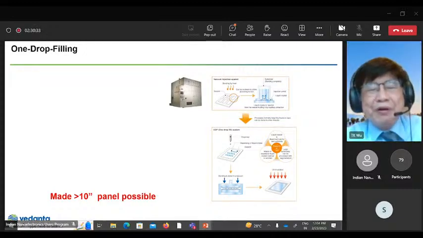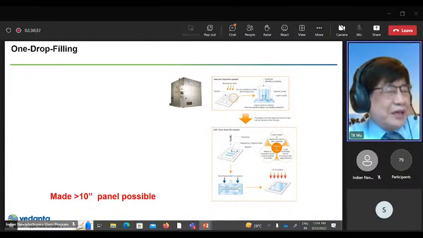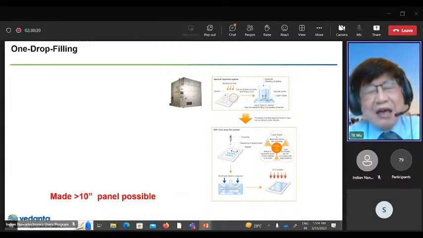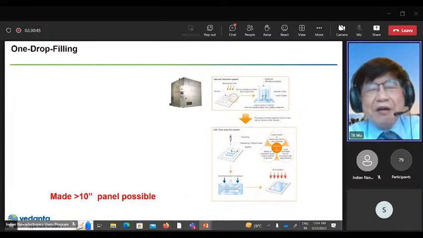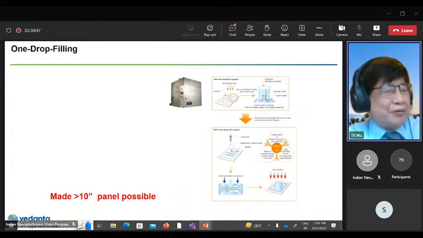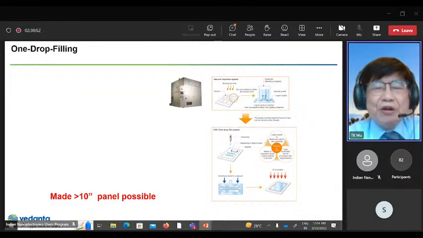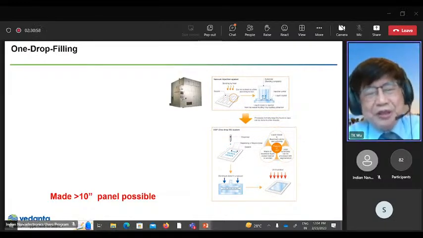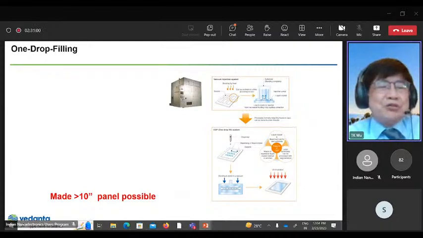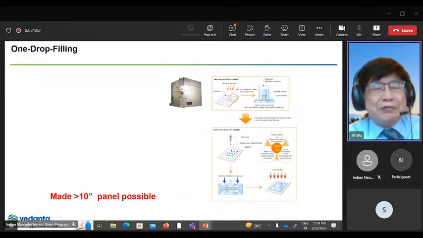If, for example, we have a 5-inch panel, it may take a couple of hours to fill it up. I think a couple of hours is okay. But what if we have a 10-inch panel? It takes overnight, even 24 hours. It's not manufacturable at all. But for notebooks, I think the minimum size is 10-inch, and consumers need even bigger panels. Now